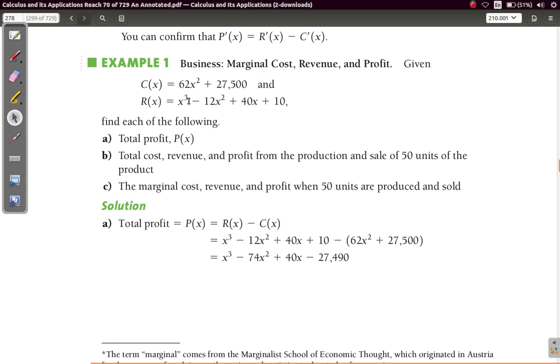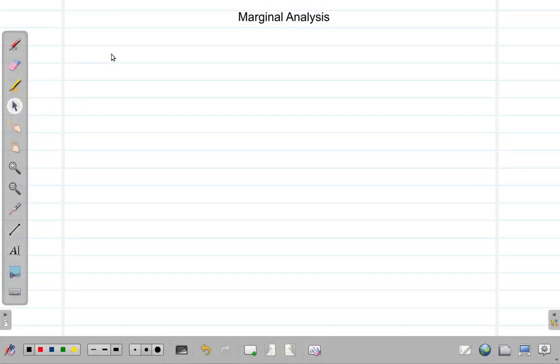Now, given that C(x) is 62x squared plus 27,500, so remember now, C(x) is the cost, the total cost for x items you purchase or you manufacture. How much did it cost you to manufacture all of these items? So C(x) is 62x squared